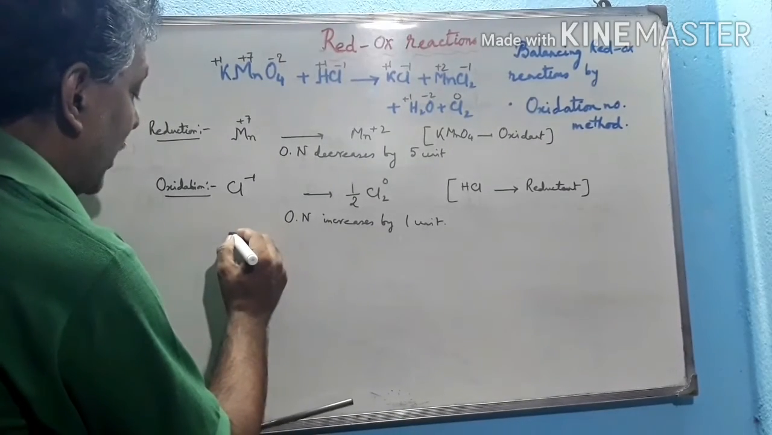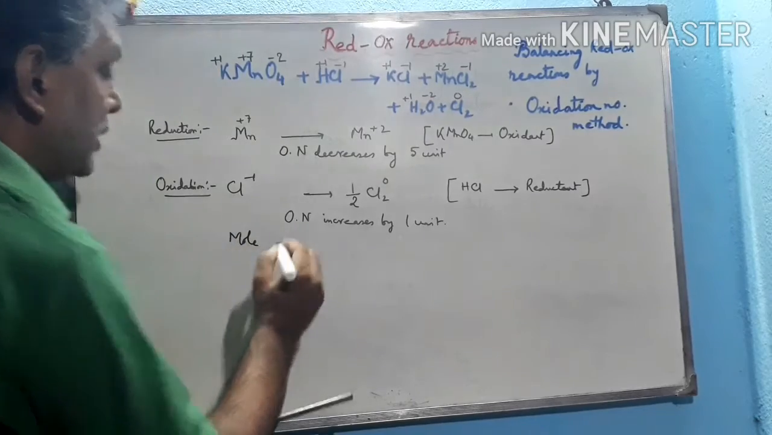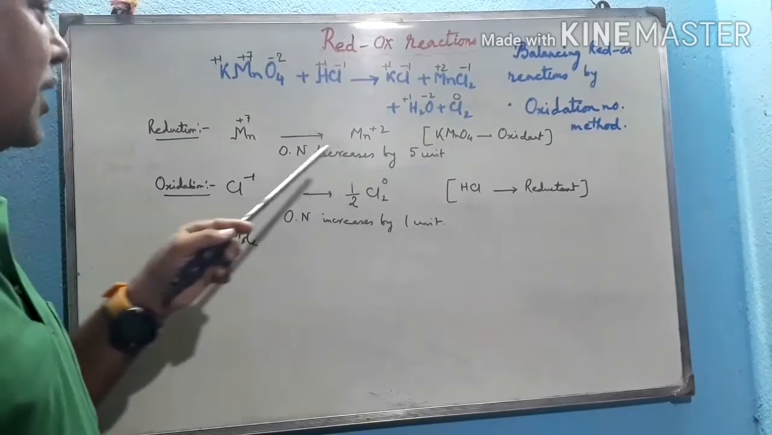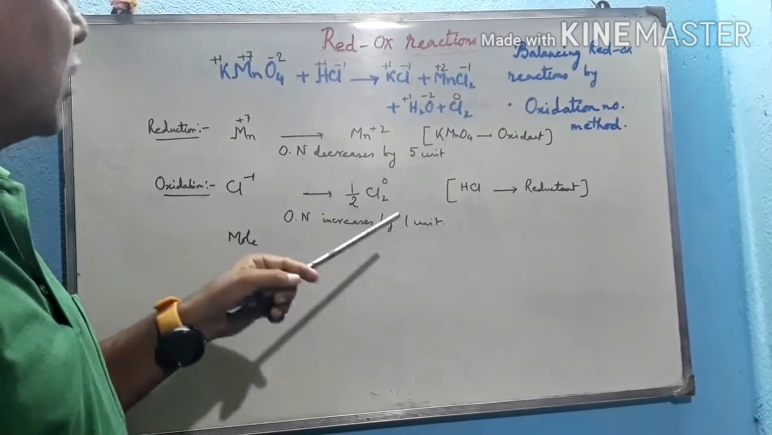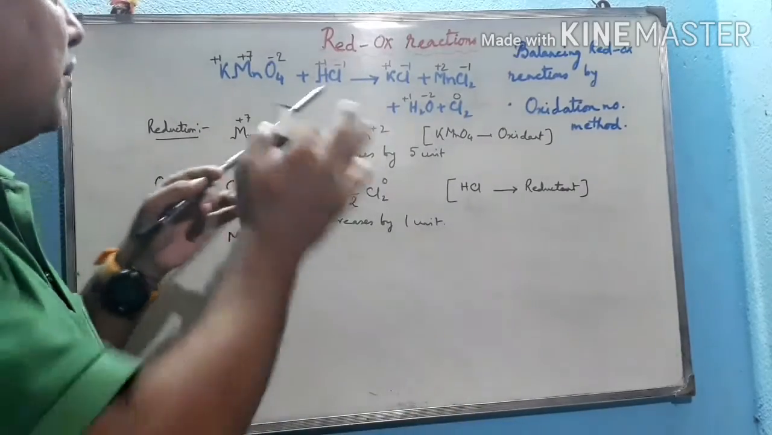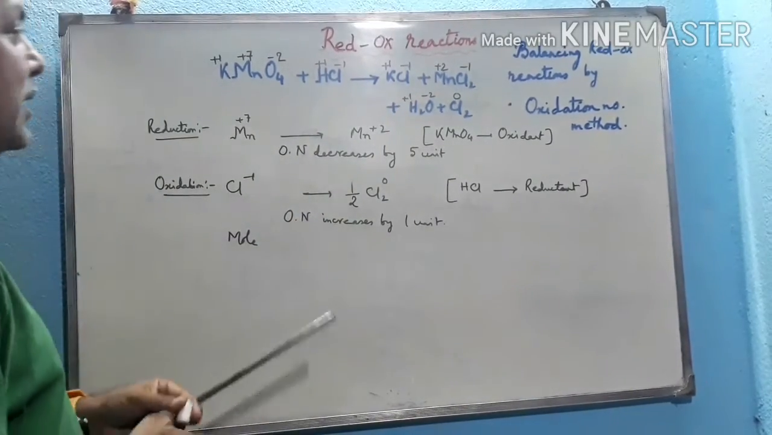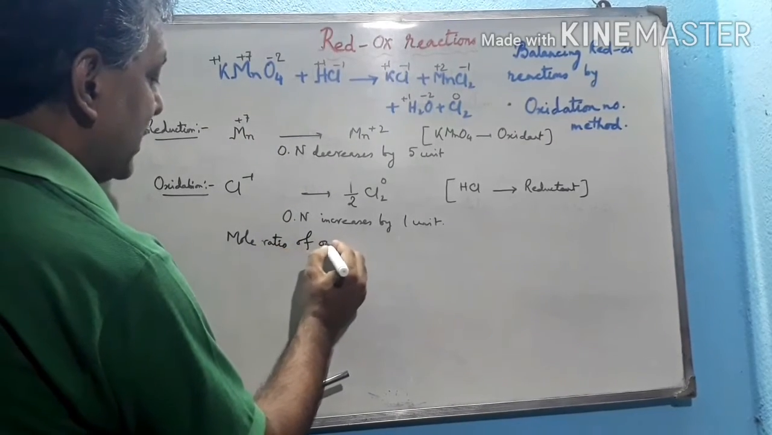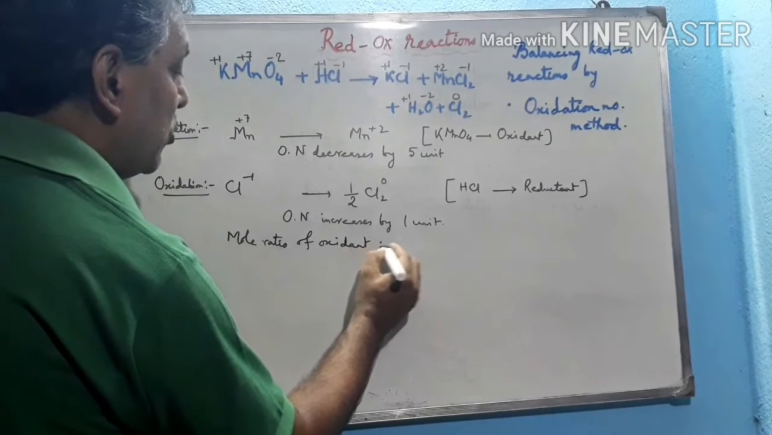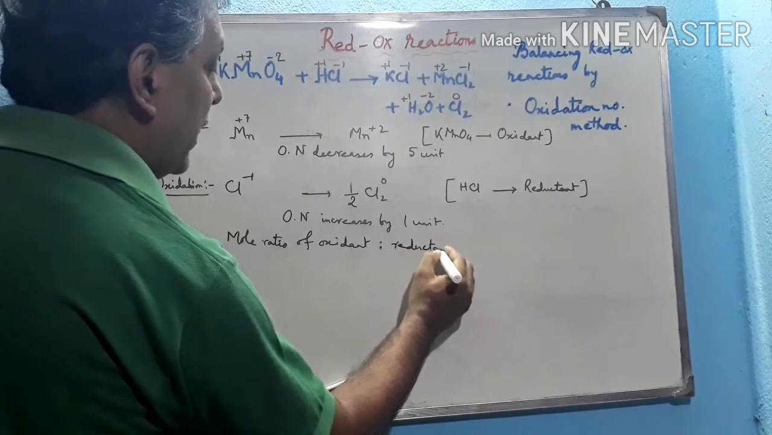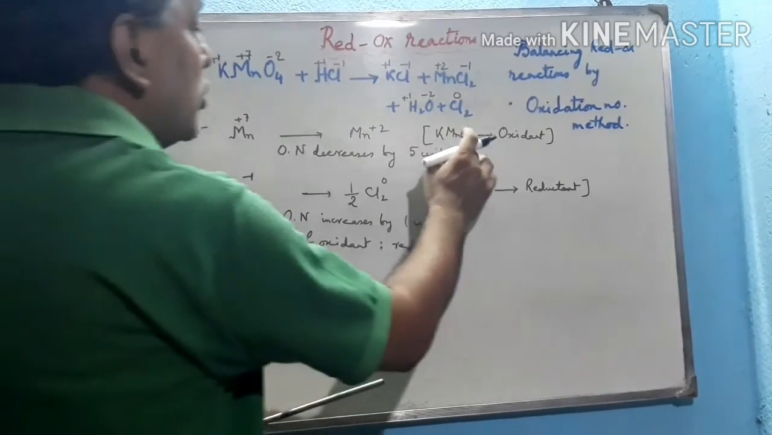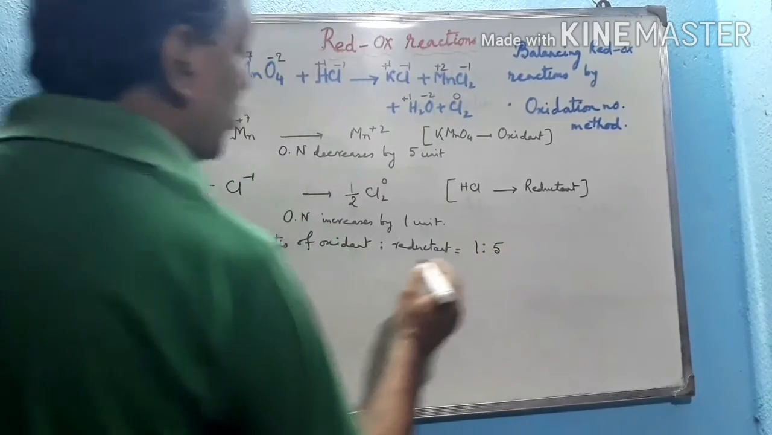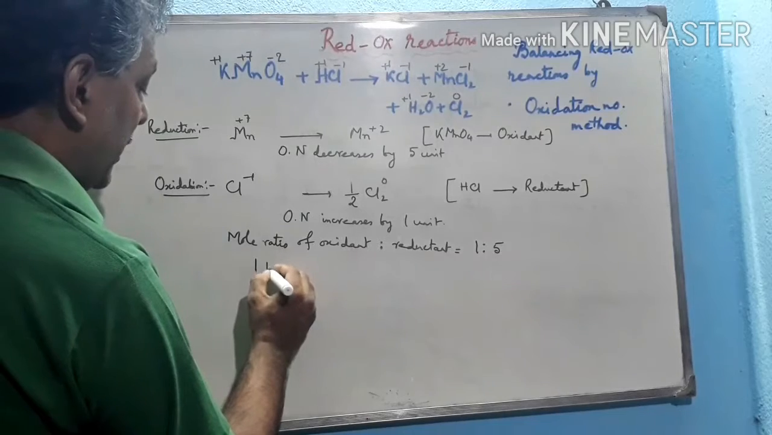Now the mole ratio, because change in oxidation number means number of electrons transferred, and that is already calculated. So by multiplying this with the number of moles, we can calculate the mole ratio of the oxidant as well as the reductant. So the mole ratio of oxidant to reductant is, just reversed, multiplied by 1 and multiplied by 5. So 1:5. Now the reaction becomes 1 KMnO4